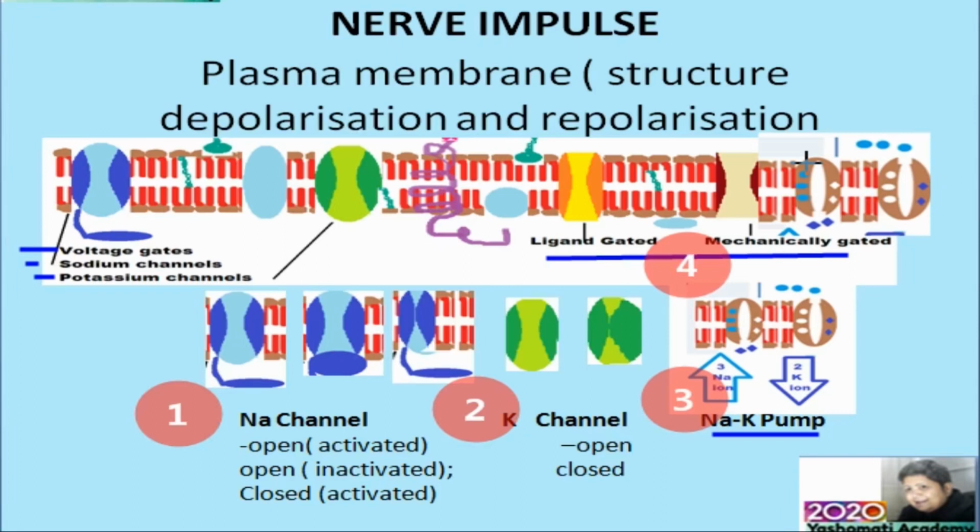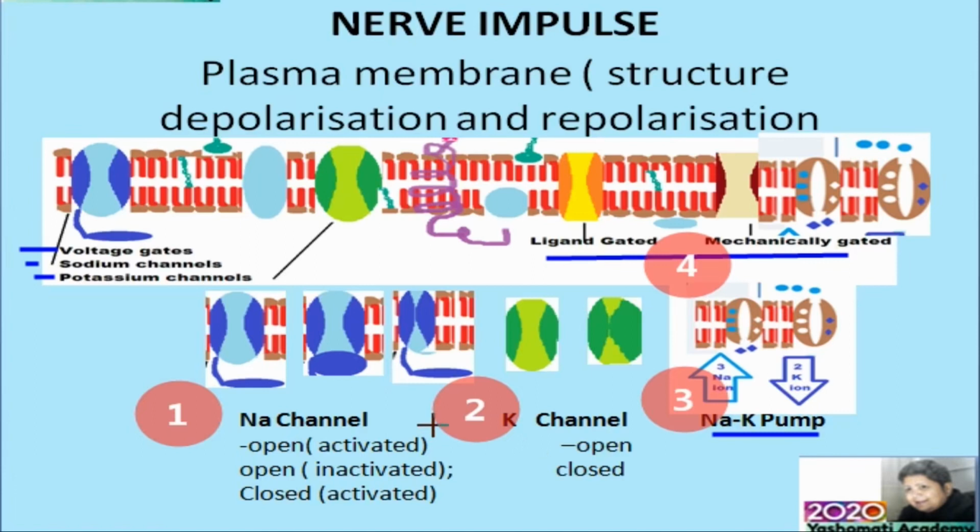Once the neuron is stimulated, then these voltage gates become functional. Similarly, we have to remember that mechanical gates and ligand gates also cause certain changes in the potential difference, which are called graded potentials. But graded potentials are reset to the resting potential with the help of the sodium potassium pump. When the neuron is fired, then the sodium potassium pump is not capable of restoring the potential back to the resting stage.